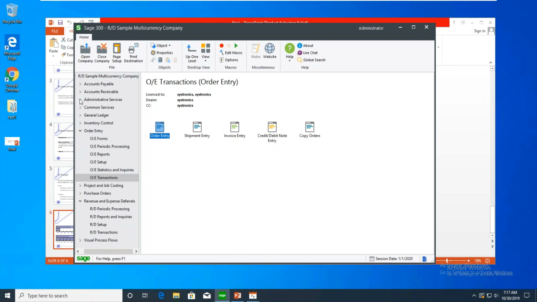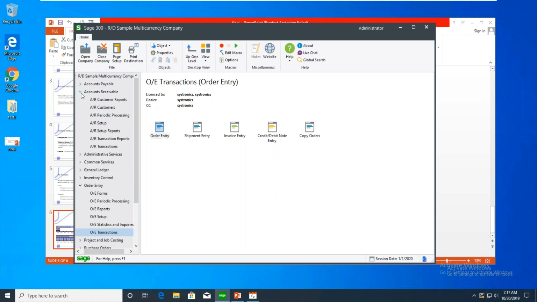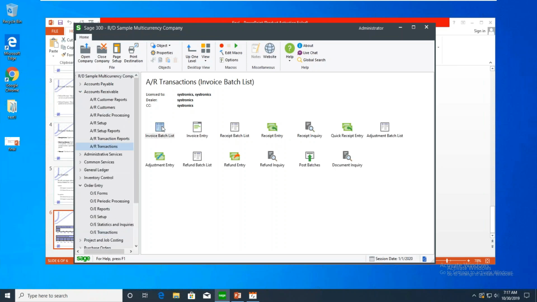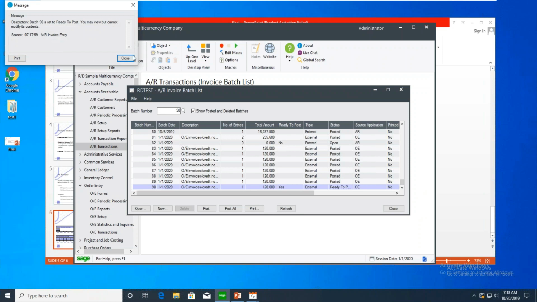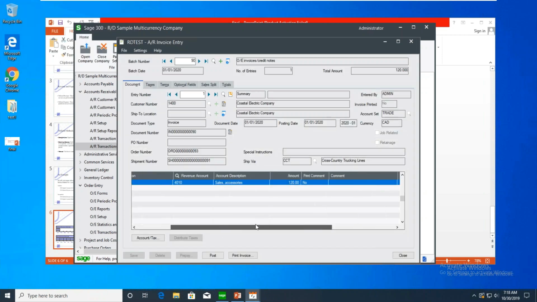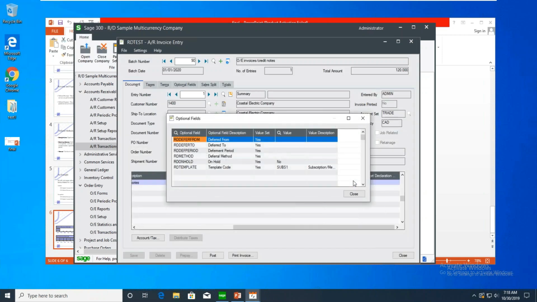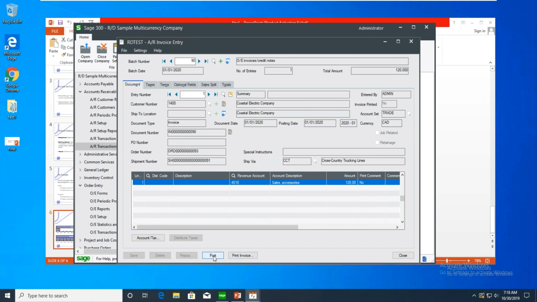We go back to accounts receivable, check our transaction, all is fine with the optional fields. We post this again